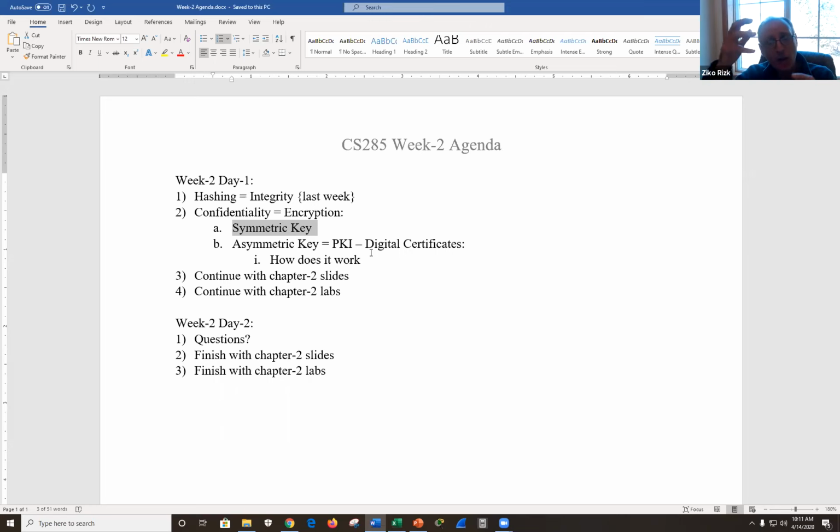And because of this complex relationship between private and public keys, those keys tend to be really long. So 512-bit is the shortest. Remember, we said for symmetric, 256 is a very, very secure symmetric key. For a digital certificate, 512 is just way too short. And even 1024 is insecure.